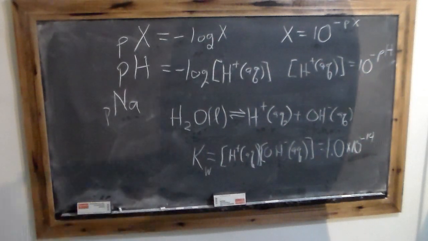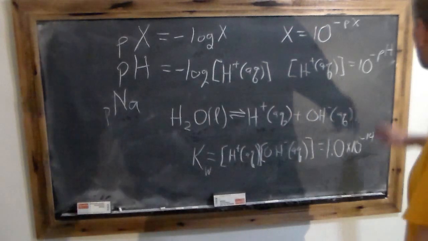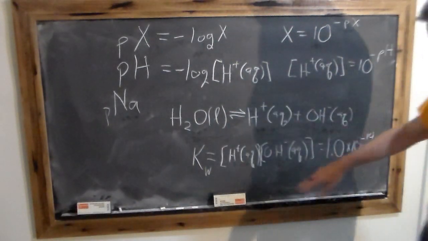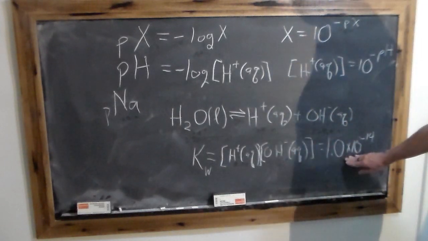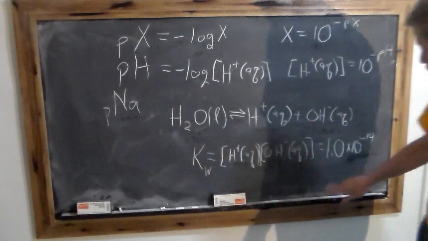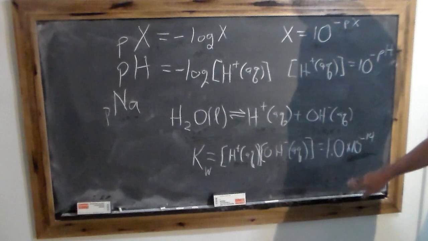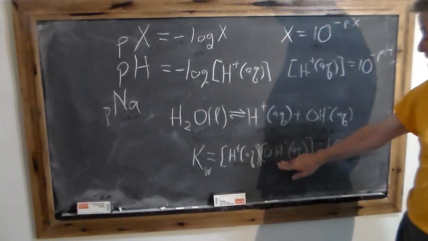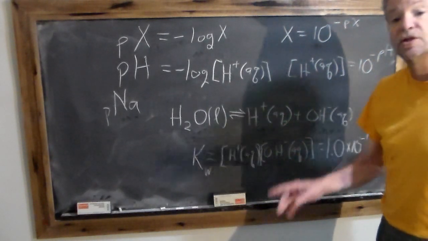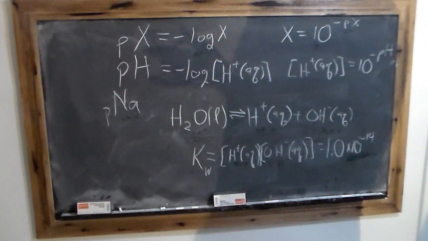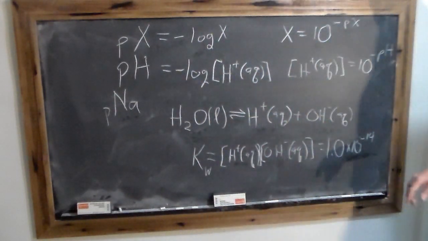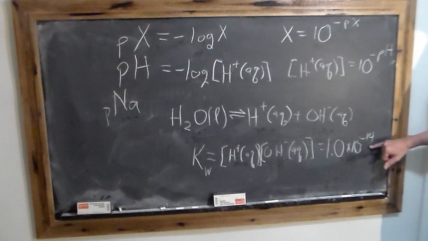Let's do a couple of quick examples. And by the way, notice, once I have my hydronium ion concentration, I can plug it in this equation, equals 1 times 10 to the negative 14th, divide, and I get the concentration for hydroxide. So if you know the concentration for hydronium from pH, you also know the concentration of hydroxide from this equation.